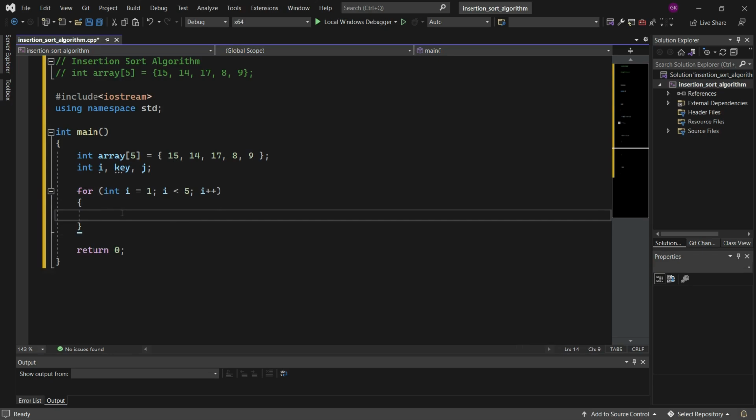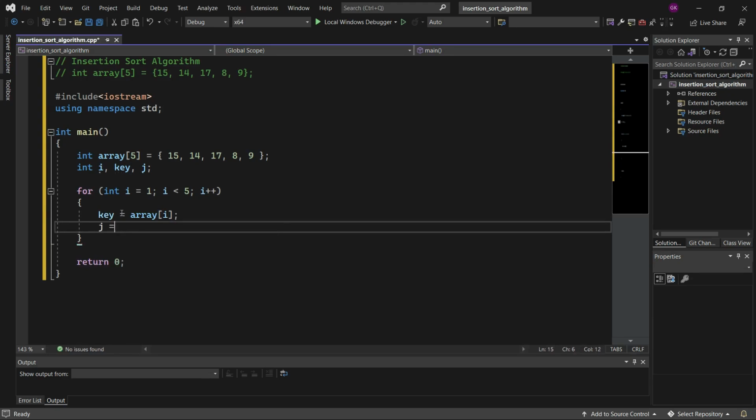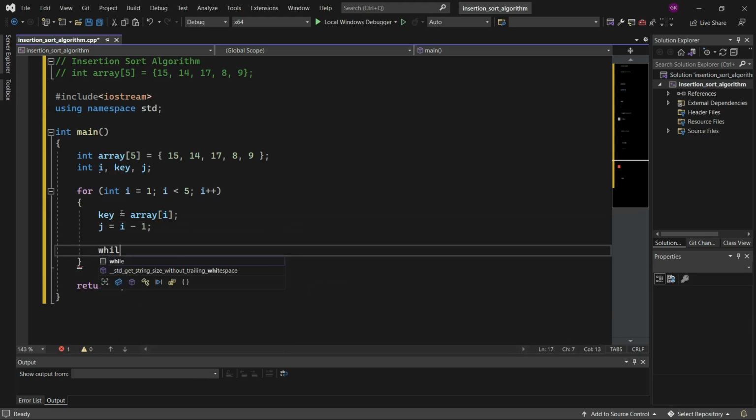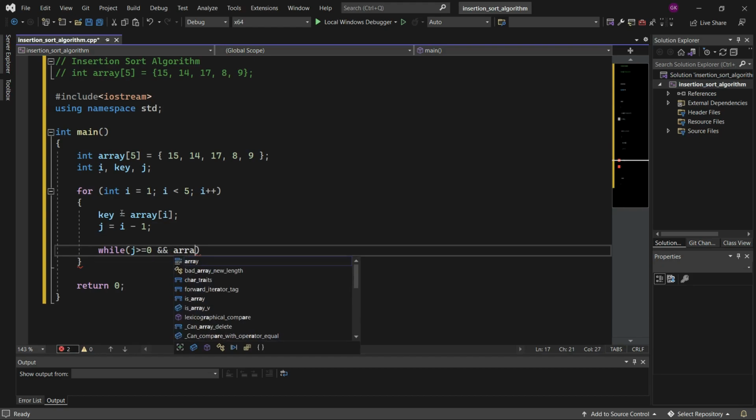Here we will take key as array i, and we will define j as i minus 1. Then we will define one while loop. Here we will check if j is greater than or equal to 0, and if array j is greater than key,